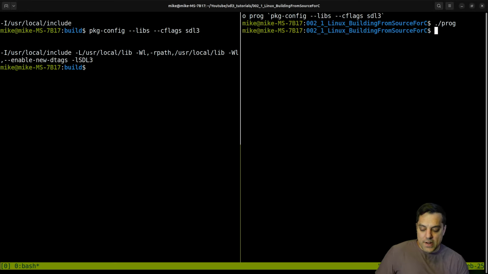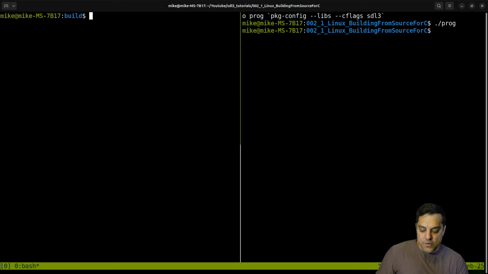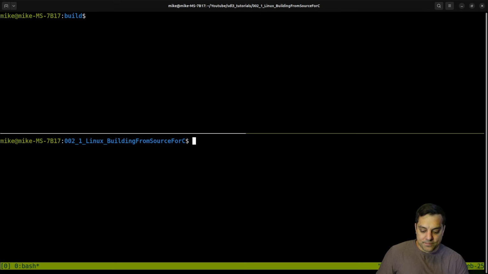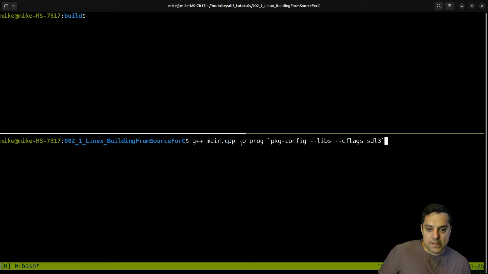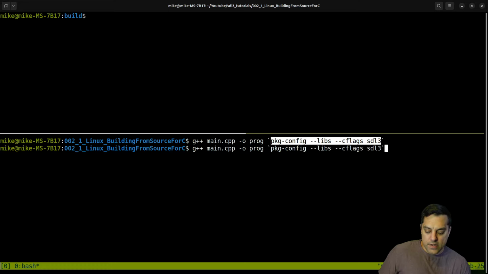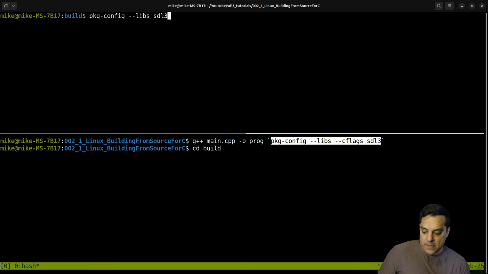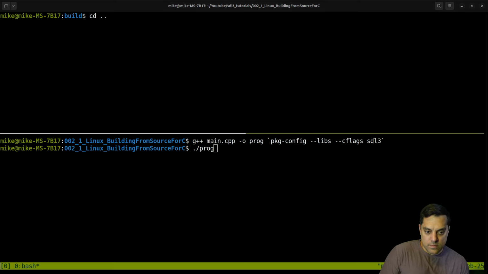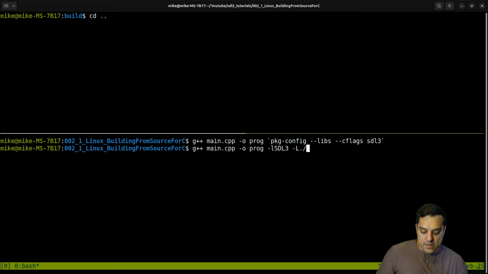All right, folks, so there you have it. Let me go ahead and just show you, again, the pieces here for compiling. Here is the full compilation with pkg-config. So I'll go ahead and run that. And if we go back, again, if you need to manually locate the library, let's see if we can find it in our history. Oh, I might have gotten rid of it. But we did something like this,